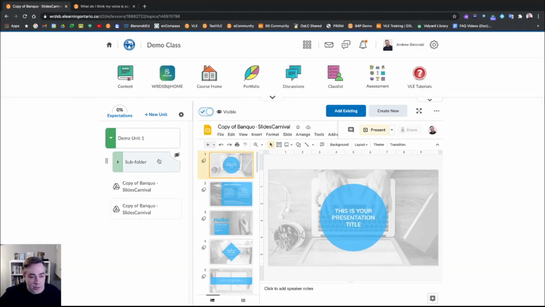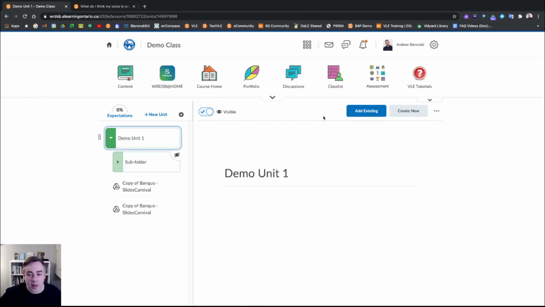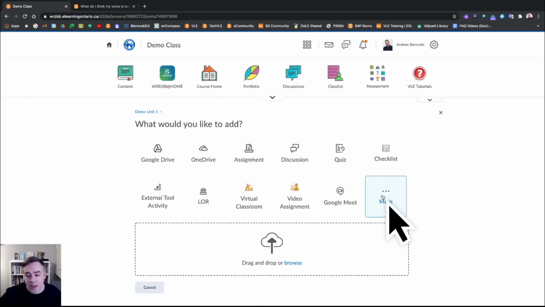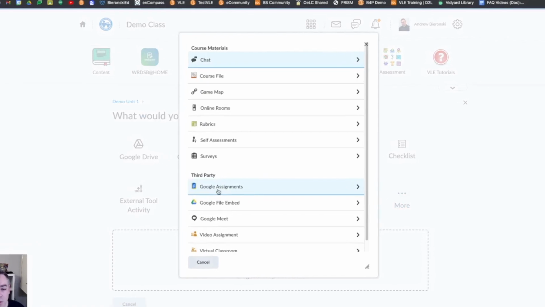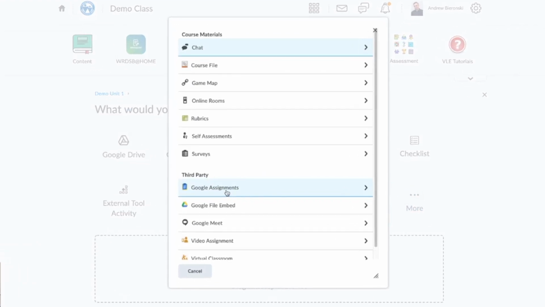So cool options there. The next one I'll highlight back with add existing here and more is Google Assignments. Now, this could be a video unto itself. I'm not going to go deeply into this one, but basically Google Assignments right within Brightspace gives you the same option as Google Classroom for sharing a task with that make a copy for each student version. It's a link here in Brightspace, but basically it takes you out to a very much like a Google Classroom experience for a task where you want to assign something to your students and collect